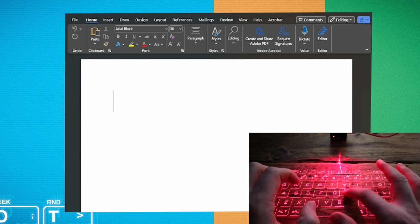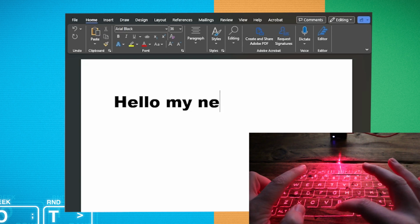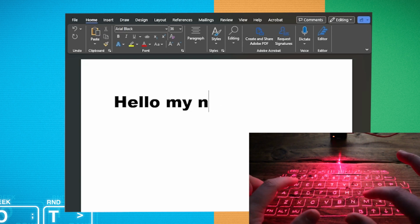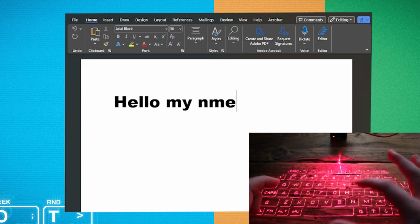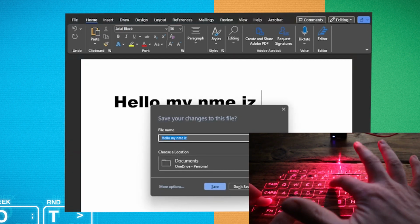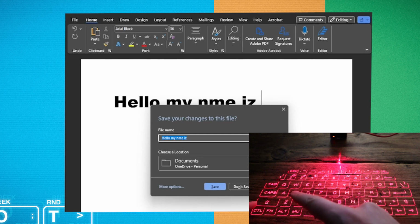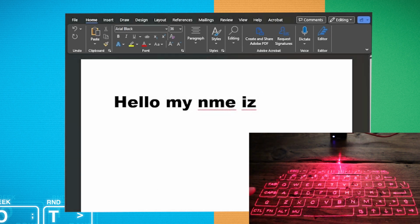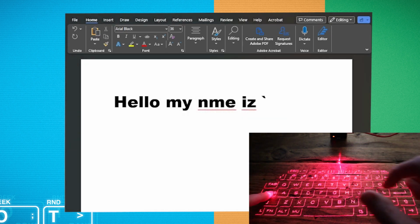Name. Oh, I mean, that's close enough, isn't it? W-O-T. Now I tried to hold down the shift key and then press some buttons, and it ended up pressing the shortcut to save a file, which must have registered control, I think. If I just press escape higher up. Oh, no, it still thinks I'm...